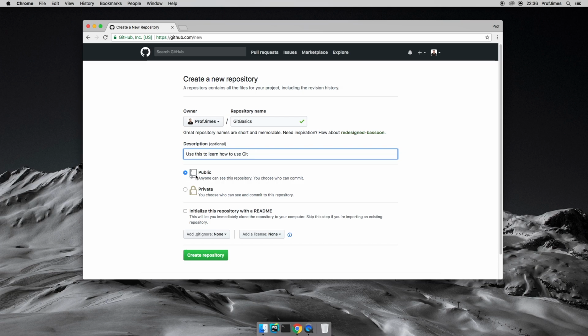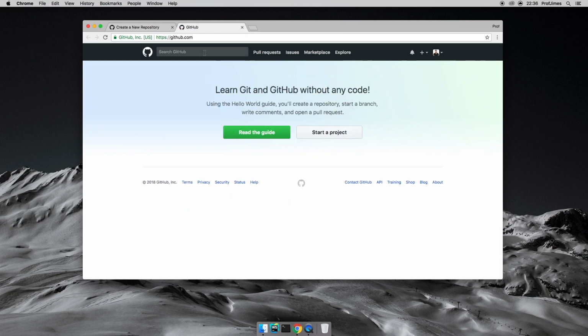I'll make it public and I'll initialize this repository with a Readme. A Readme is kind of the letterhead or the project title that comes up when you access somebody's repository. Let me show you what that looks like. So if I were to go and look for